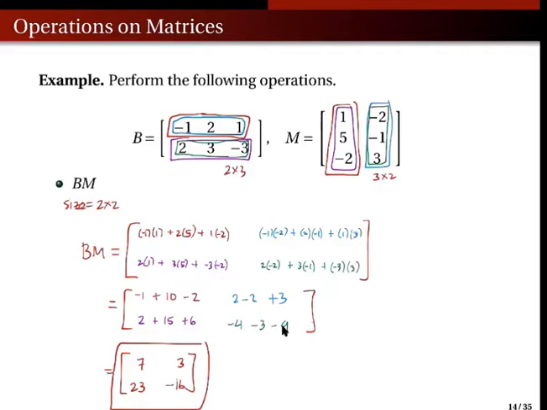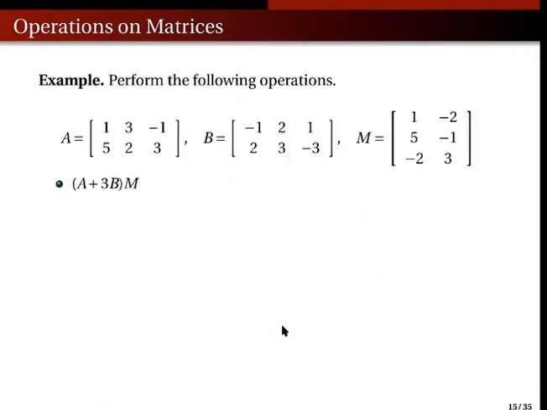Question. Okay? So, for you, I want you to work on this, (A plus 3B) times M. I will skip this. But remember, we already did A plus 3B in the previous example. Okay? So you can just copy that and then multiply it